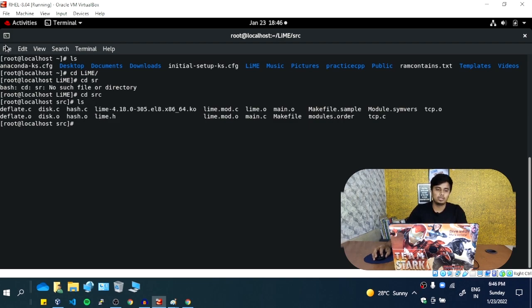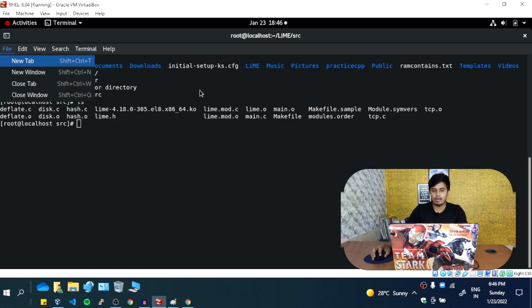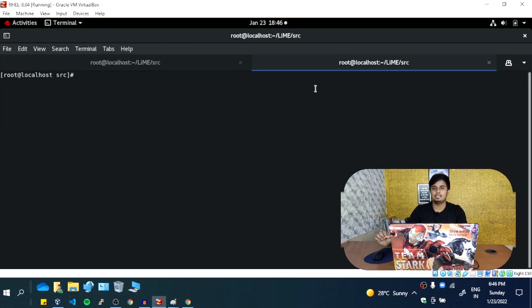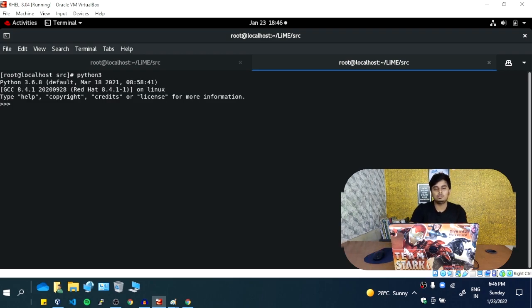Okay, so what I'll do, I'll open one more tab and I'll create some data in the RAM now, because later we will be retrieving the same data. So I will launch Python 3. As soon as I launch this Python 3, this program has become a process and it is there inside the RAM. Okay, so I'll create one variable, is_number, and store 55 in that.